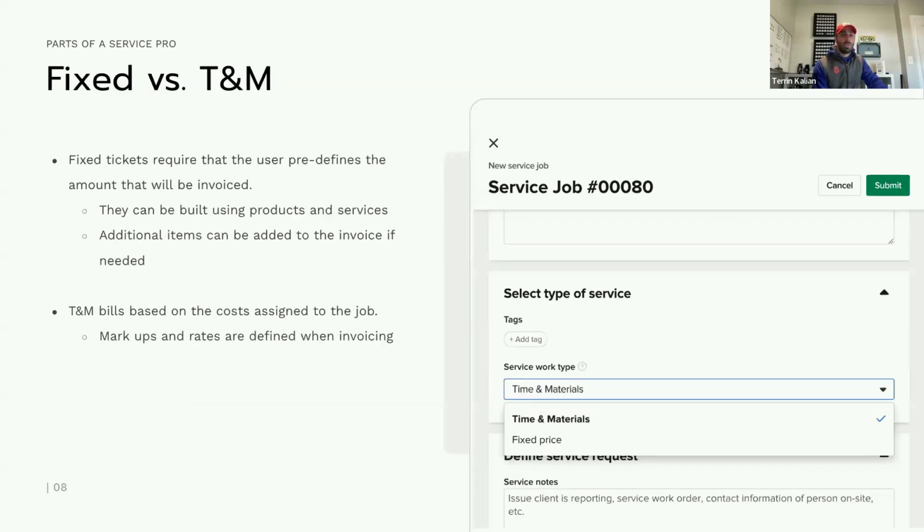Now, I'd mentioned that we do two different types of billing for these service jobs, fixed or T&M. Again, it's more common to do time and material, but you can set up a fixed price service ticket where basically you, as you create the job, say, here are the different things that I'm going to be billing for and performing, and here's how much I'm going to bill for them. And then when the ticket is marked as complete, you invoice what was defined when creating the actual job itself. You can always add more to the invoice when you're creating the actual invoice. But the automatic stuff that's going to show up is going to be based off of what you defined when